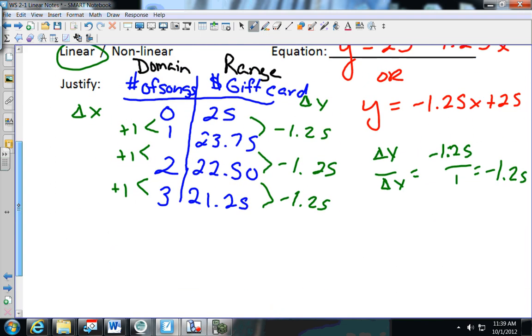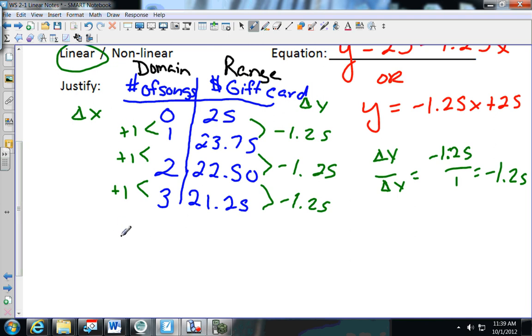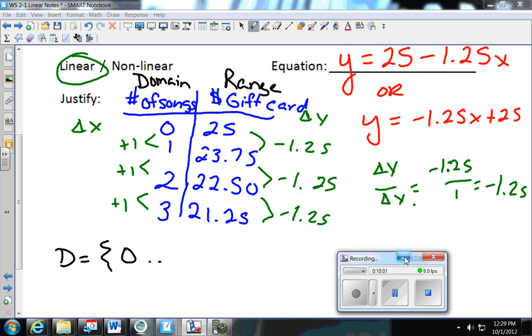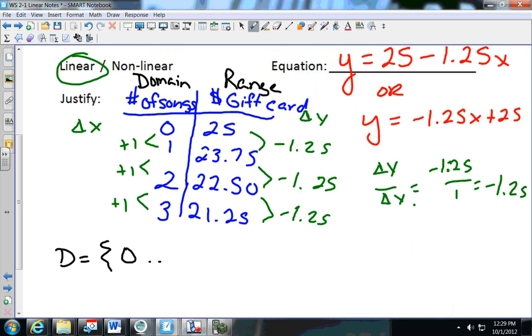If I talked about what is the actual domain of this data, the domain is, what do you start with? Number of songs. How many songs do you first start with? 0. And does it go on forever? No, it has to stop somewhere, because when I put in here 25 minus $1.25, oh darn, I need to redo that. So the domain, I know that the number of songs cannot be a negative number. So I know I'm starting at 0 right here on my table, because that's when I have $25 on the